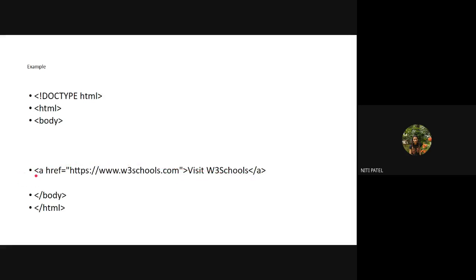So we can call this a. a stands for anchor tag. This a can also be called an element, which has an open and a close. But why do we not have a closing bracket over here? Because we have an associated attribute to it. What is that attribute? href is an attribute. So an element can have an attribute, and if it has an attribute, the attribute always has a value. Are you understanding this?